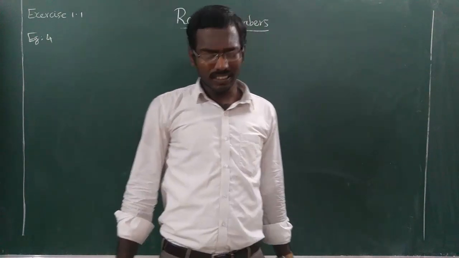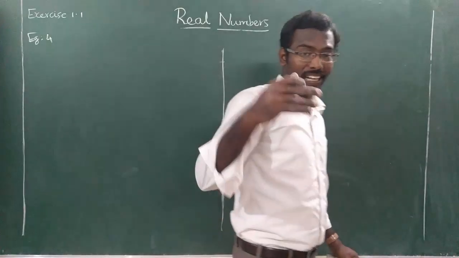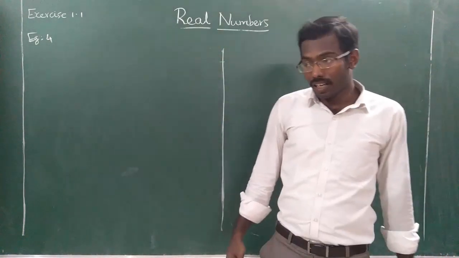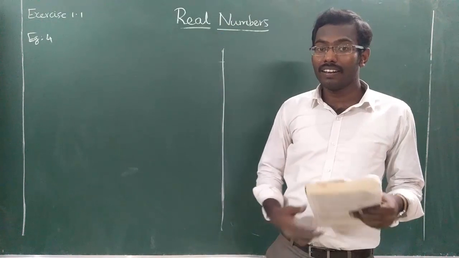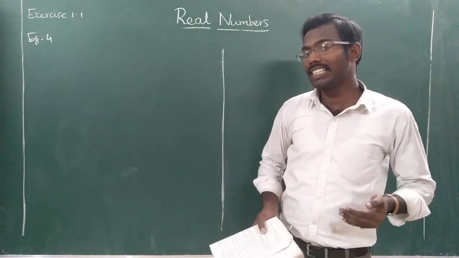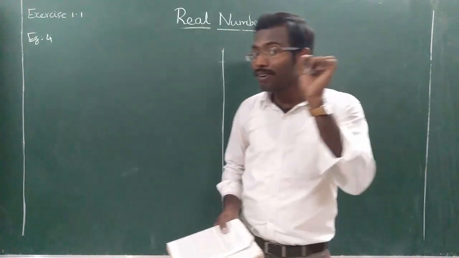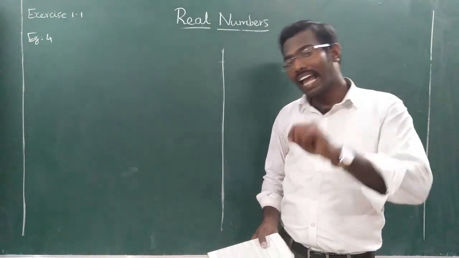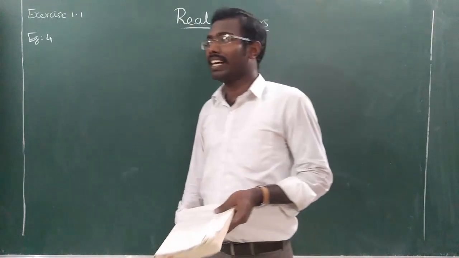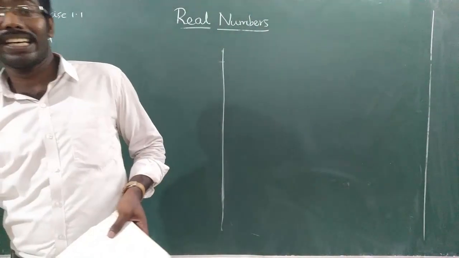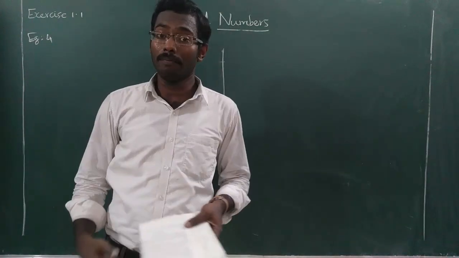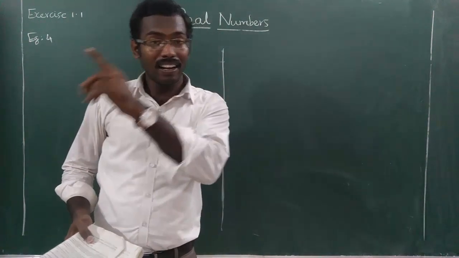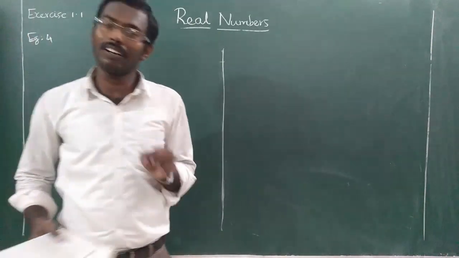Why I took this sum is, in this chapter we will study both HCF and LCM. A word problem may be given. They won't say whether you have to apply HCF or LCM. You have to read the question and understand whether you have to find HCF or LCM. See here what is asked. HCF means highest common factor. LCM means least common multiple. So with HCF, highest, a maximum thing is coming. LCM means least, a minimum thing is coming.